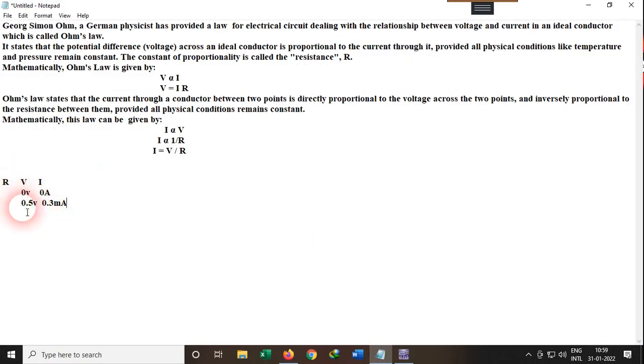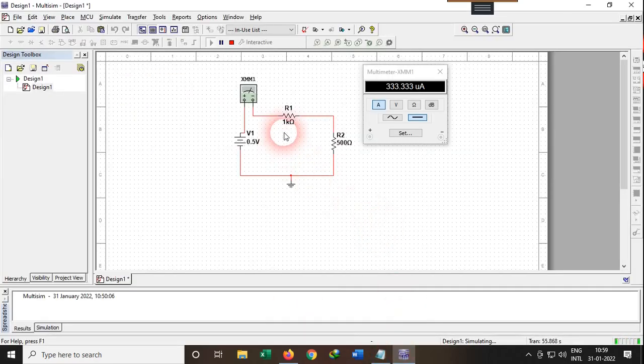Okay, and then you have to plot this I versus V. You will get a chart, and if you are getting a graph which is linear, then that proves that V and I are proportional. So by checking that graph, you can say that yes, our Ohm's law is verified for this circuit. Since here the pressure and other external factors are constant, no need to worry about this. Since we are doing this experiment in virtual mode, we are not going to get any wrong data here.